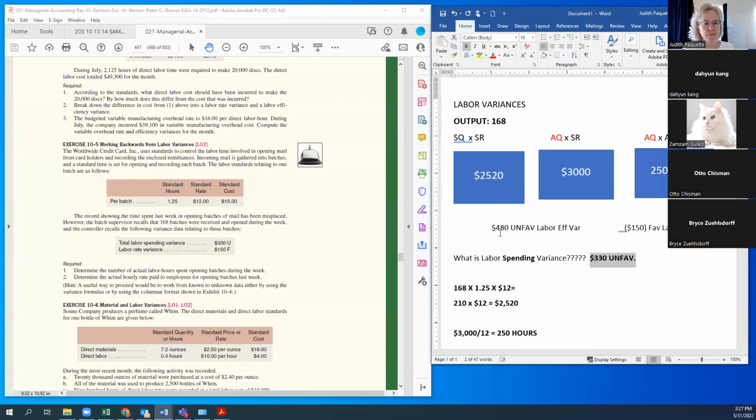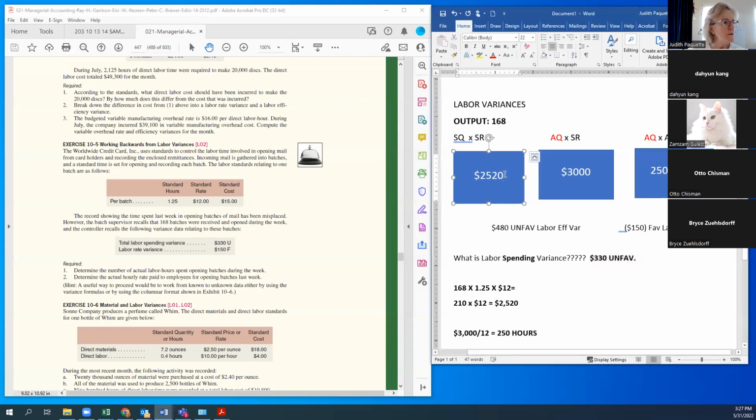So think of it as a number line. You had 150 favorable, but the combined was 330 unfavorable. So you must have had an even bigger unfavorable efficiency variance. So this was